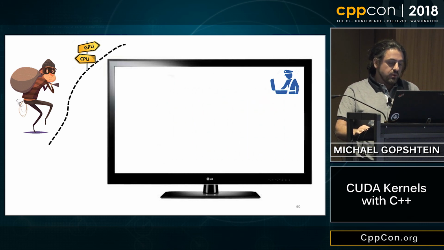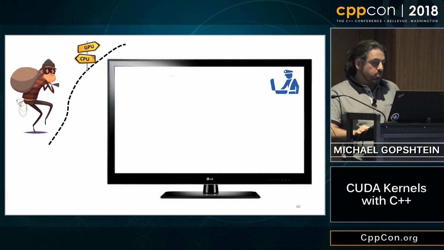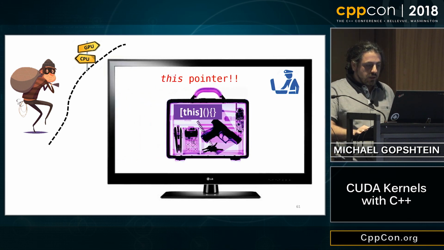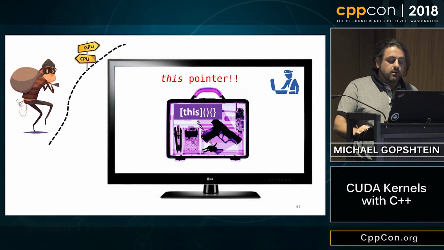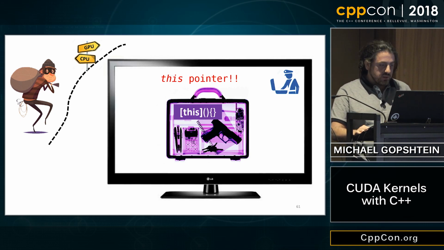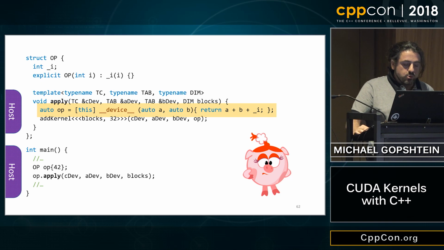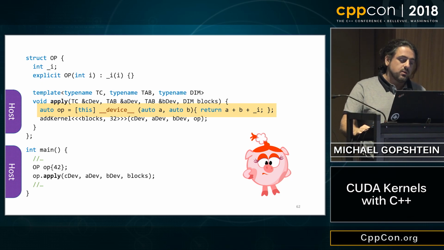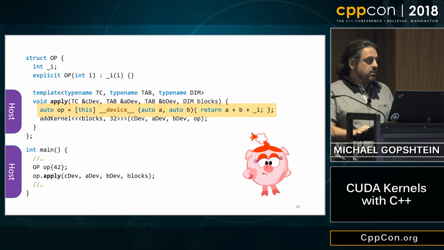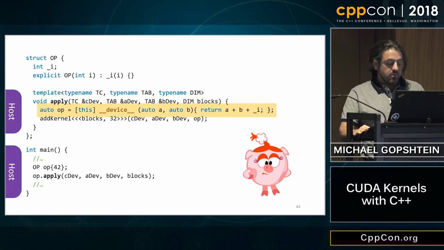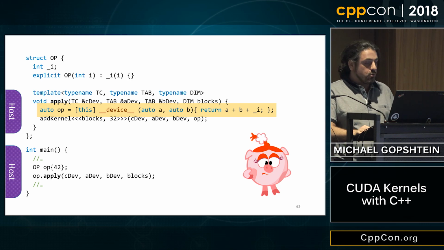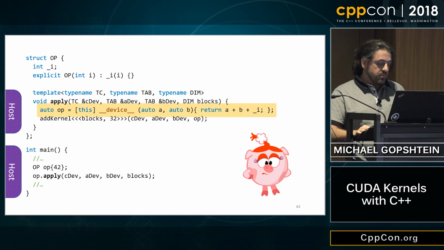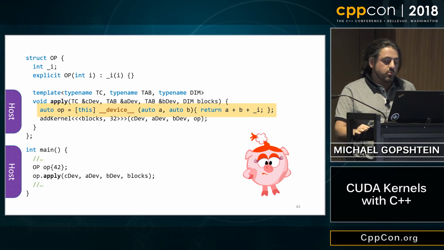And that will fail in the compile time if you try to do it. The more interesting case maybe is the capture of this pointer. So let's see an example. So now our sum operation is a bit more complex. So instead of making a sum of A and B, we want to also add some constant value I to all the elements. So create the structure op, which holds basically the I, which we would like to add to